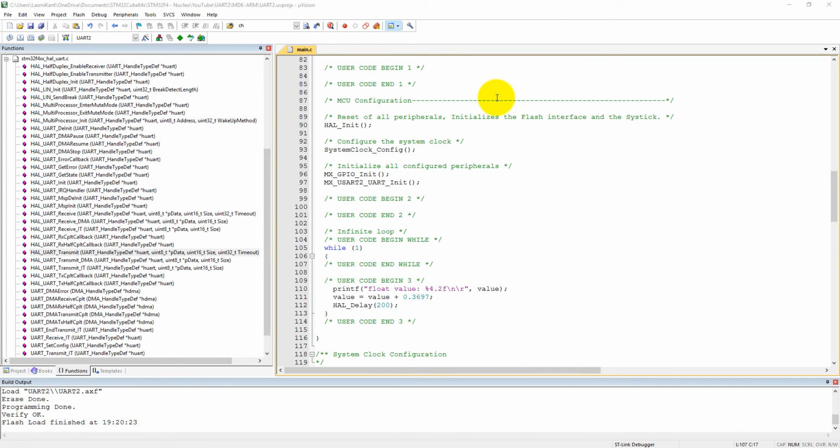In this tutorial, we will interface ADC and UART together. In the Nucleo board, the Nucleo board will read the ADC analog values and then it will transfer those analog values to the computer via UART2, which is supported as a virtual COM port. So we are just utilizing the previous code of UART communication which we saw in the last tutorial.